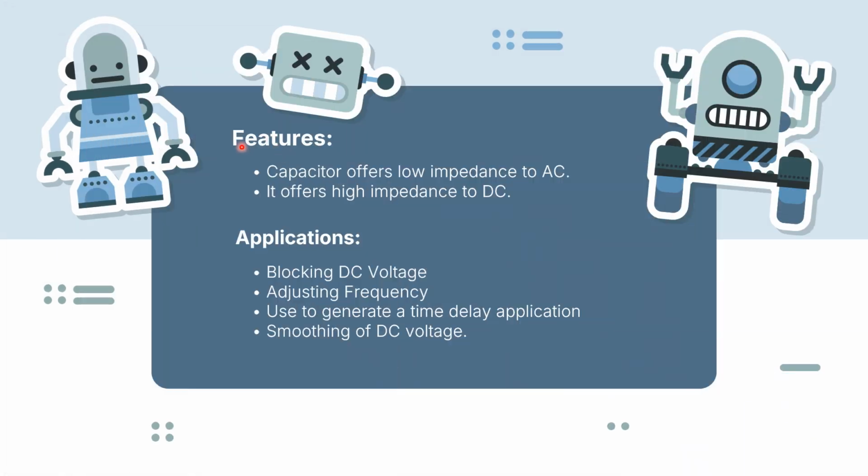So here are some features of the capacitor. A capacitor offers low impedance to AC, and it offers high impedance to DC. AC, or alternating current, is the power of our homes in the plug. So if you put your charger in there or turn a lamp on, it uses the AC voltage. In our house it's 220 volts, and the DC voltage is a battery's voltage or a direct current voltage. And